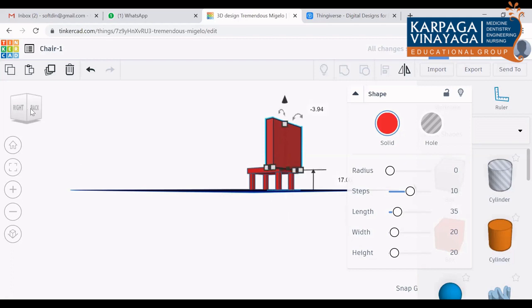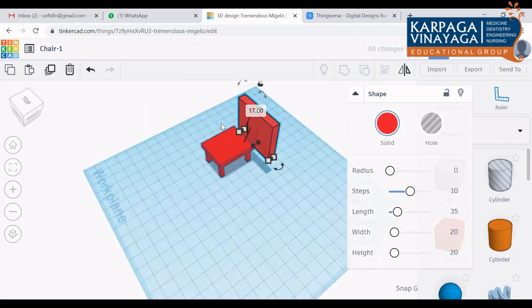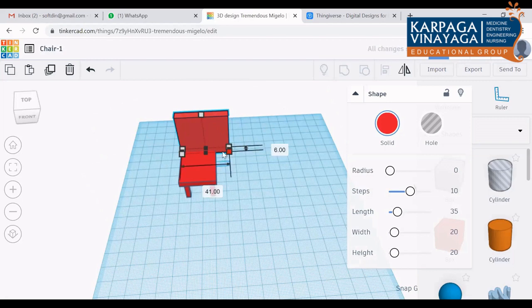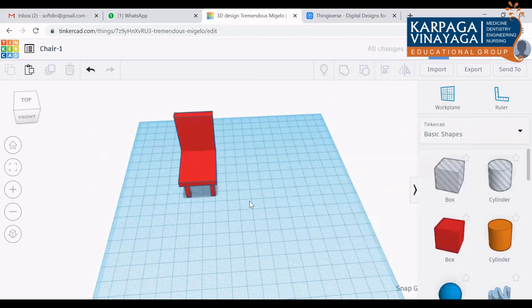Okay, fine. Then you move this. Then you change the dimension. So you got the chart.